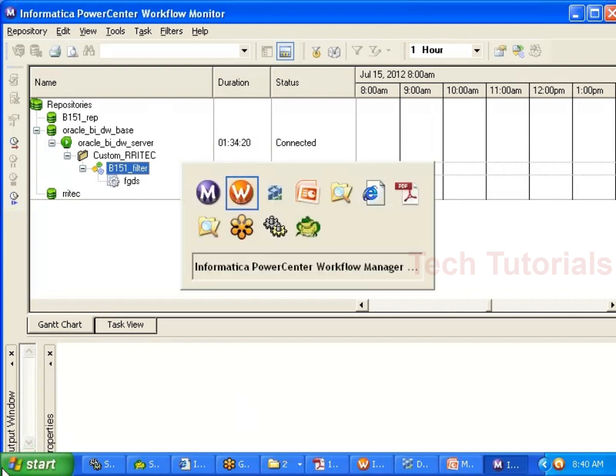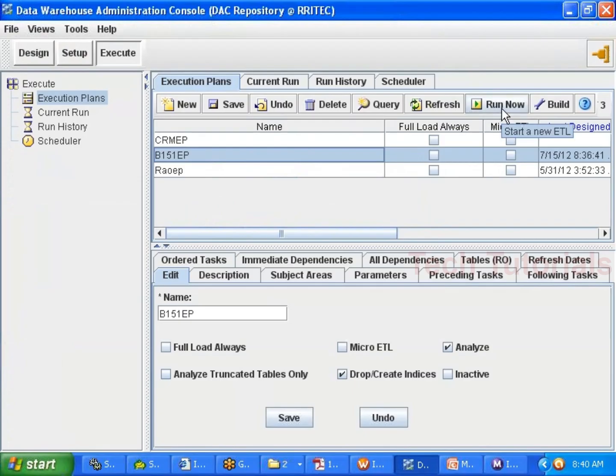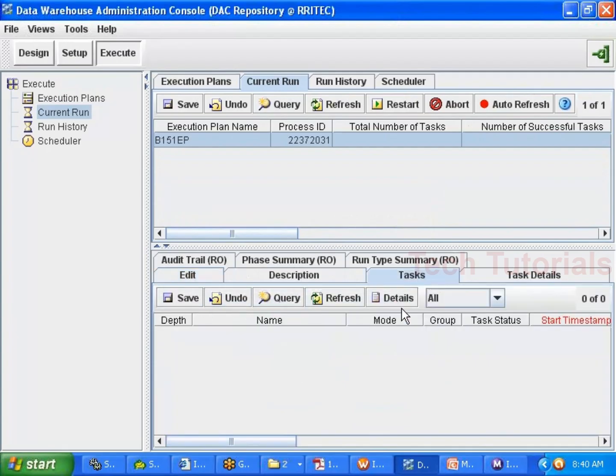Okay, I am going to the DAC. Now I am selecting our B1 from EP. Then I am going for the run now option. Click on this run now option. Once you click on the run now option, immediately you will get one pop-up window. Click on yes, click on OK. You can see your current run. You can see your task. You can see here